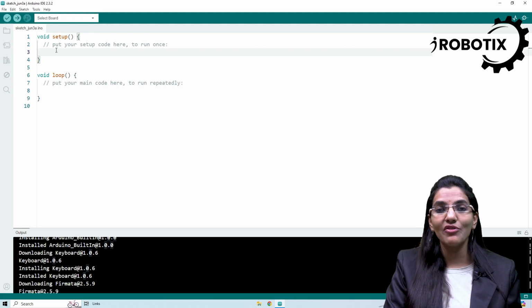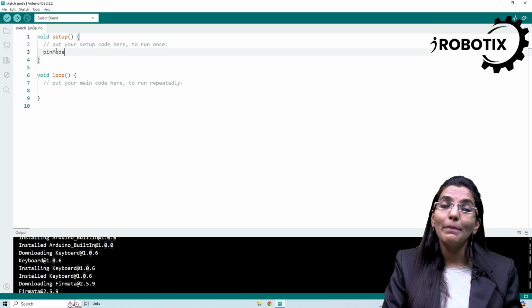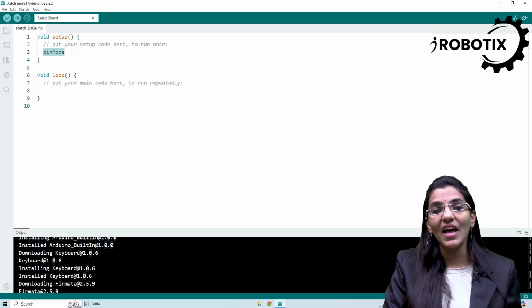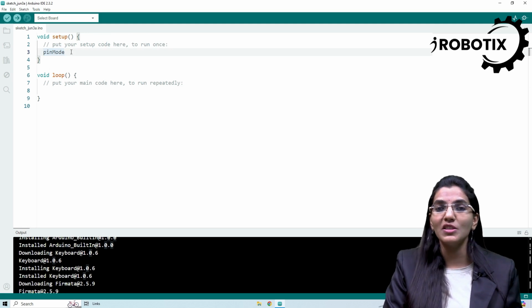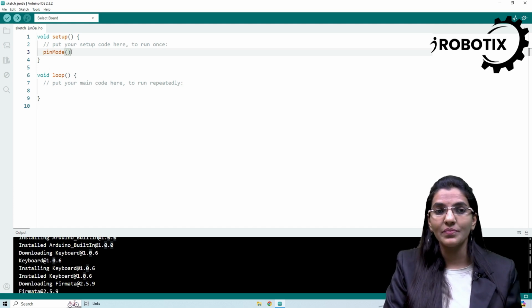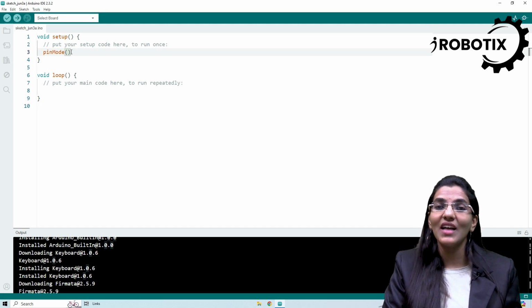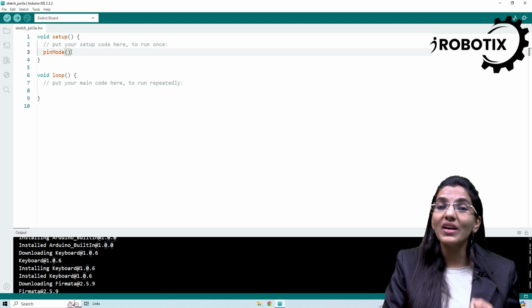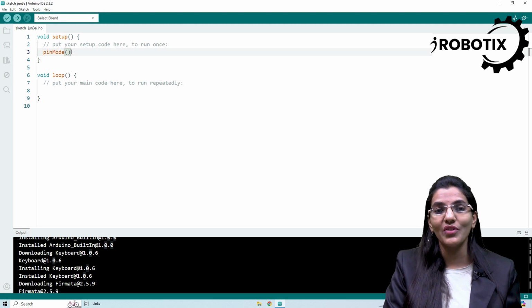The first thing we need to do when we use a digital pin is to set it up with the pinMode function. So pin with a lowercase p, and then M uppercase: pinMode. You can see it should turn orange, or at least a different color. If you have this, it's good, it means that the function has been recognized as an Arduino function.